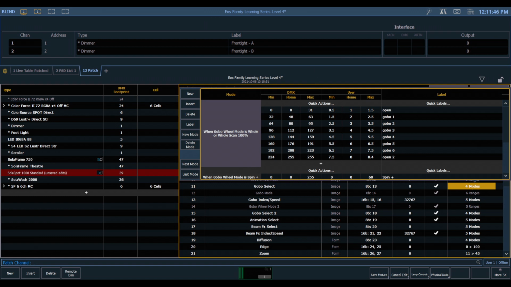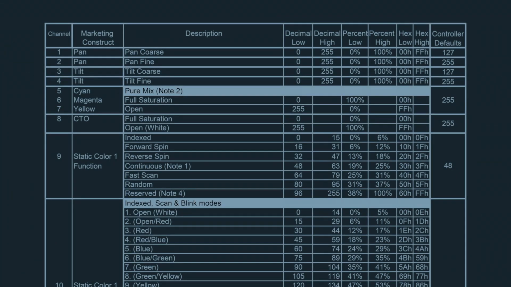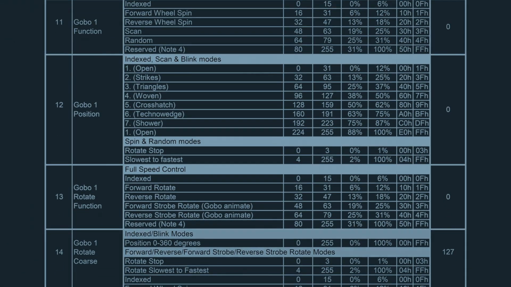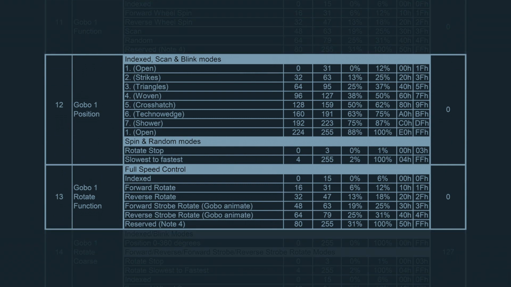To understand this a little bit better, let's take a look at the DMX chart from the manual of this fixture. Here I'm looking at DMX address 12 and 13, which the console calls gobo wheel mode and gobo select. The terminology in the documentation is slightly different, which is going to be very common.